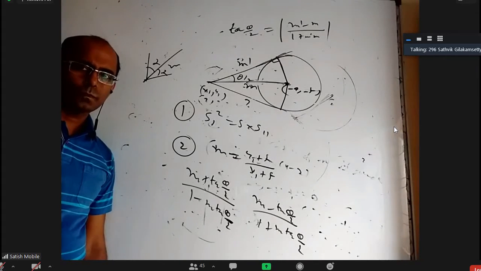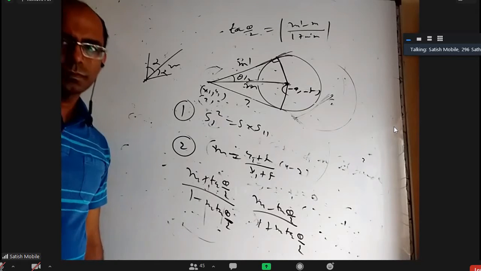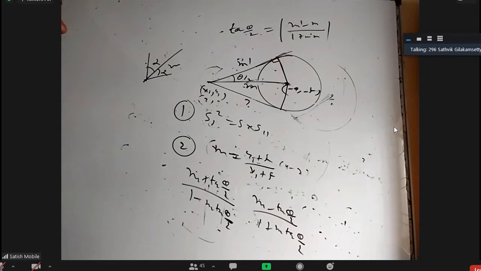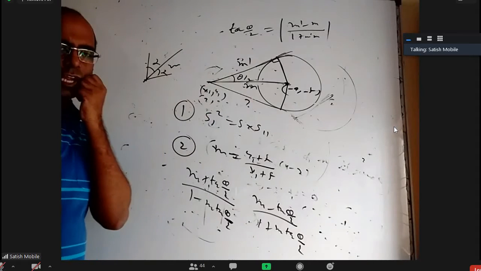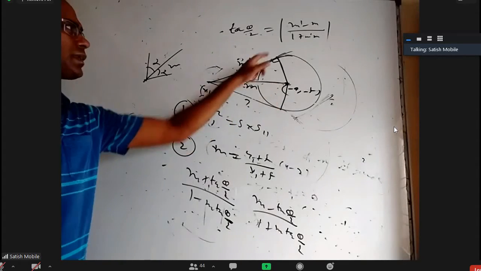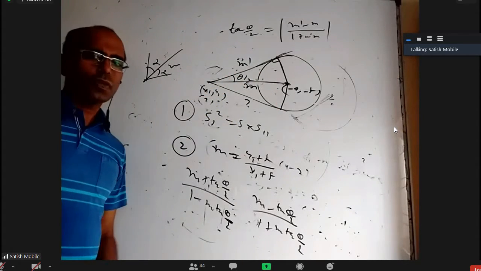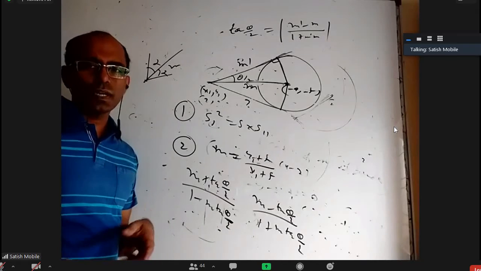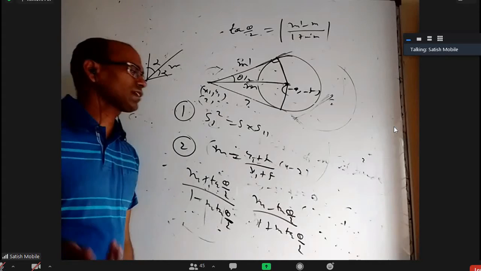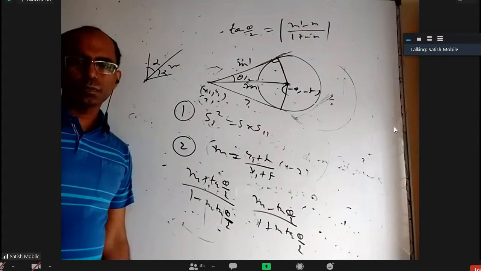Sir, one doubt. Tell. Sir, what happens if m is not defined? Means how will we find a vertical line? Yeah, correct. In IIT especially, there are one or two questions where sometimes this itself may be a vertical line, or sometimes the answer will come as a vertical line. So when you are supposed to get two answers, you get only one answer. You can quickly recognize the other one is a vertical line which doesn't have a slope. Okay, and try to prove that.